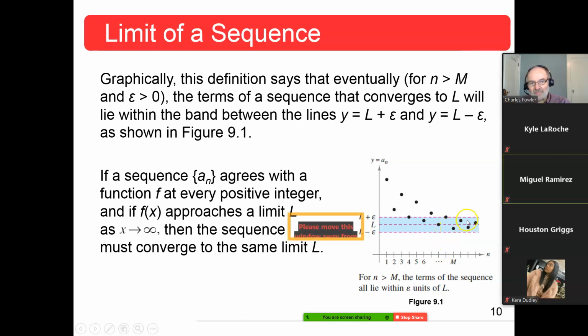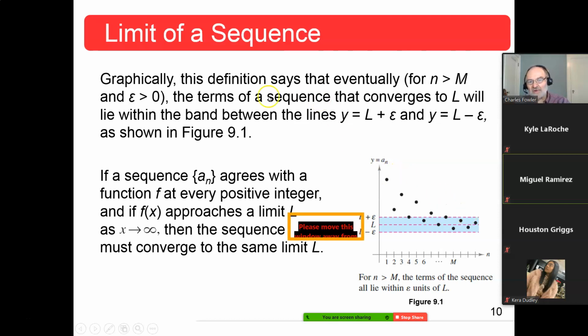From then on, it stays inside this band of L. See, L is right here. This happens to be your limit. You wouldn't have known that before. And it stays between L plus epsilon, which is a little bit more than L, and L minus epsilon, just a little bit less than L. If it consistently stays in there for all n's greater than m, then it has to be converging to that value L. That's the graphical illustration of what we're talking about here.